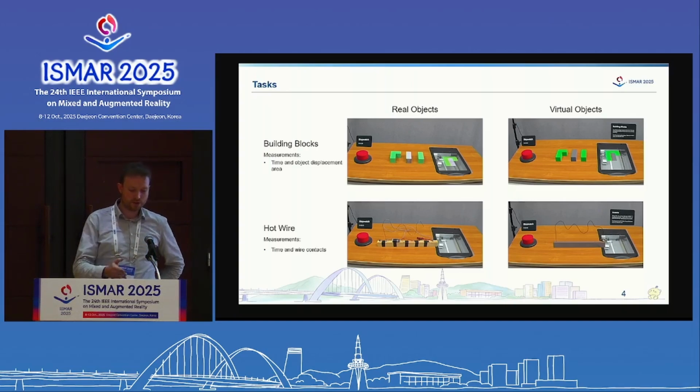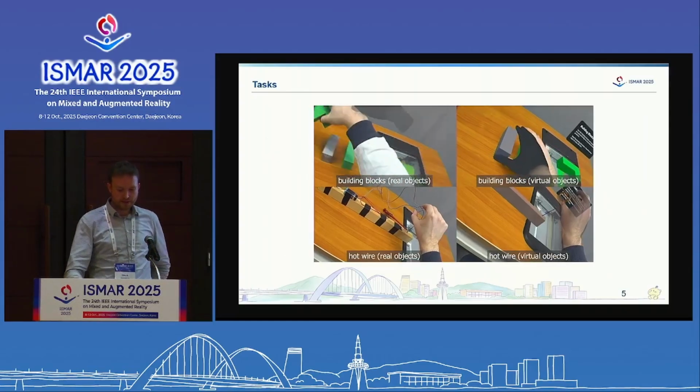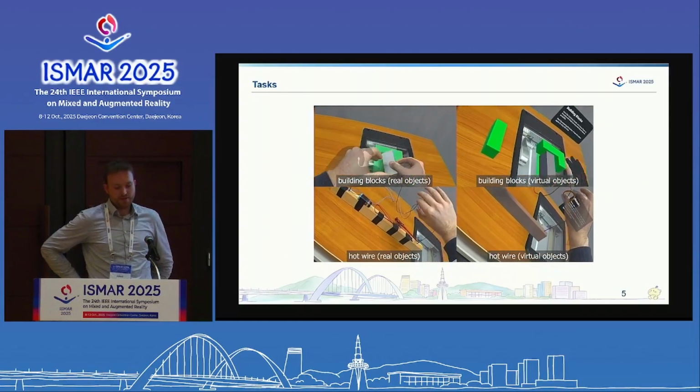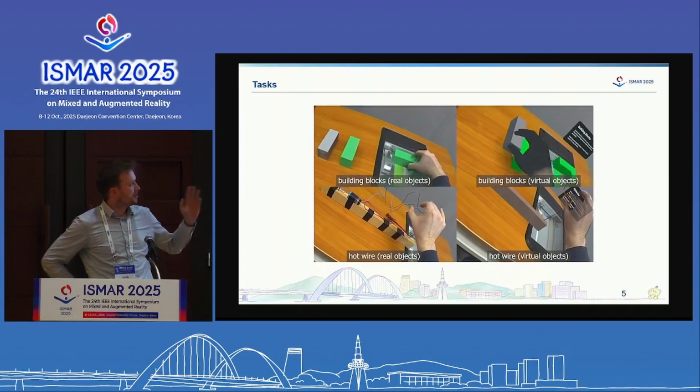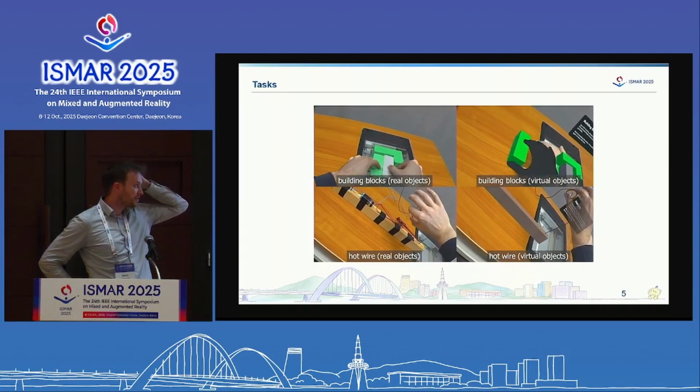And then we had this hotwire game, which is also known as a children's game, where you have this hot wire and you need to pick up a ring and feed it from the right side to the left side as fast as possible with the least amount of touches. And whenever you touch the wire with the ring that you are holding, it will make a beeping sound. So here we see it in action, just a few snippets showing the different hand visibilities